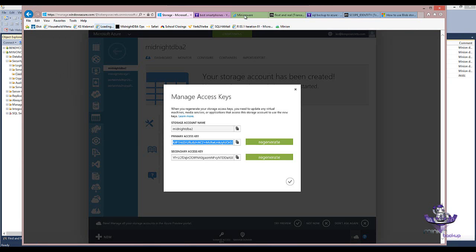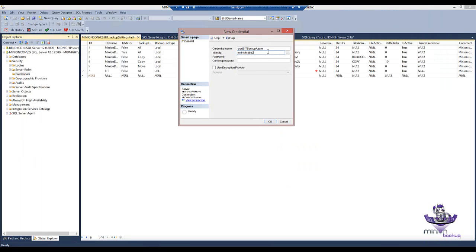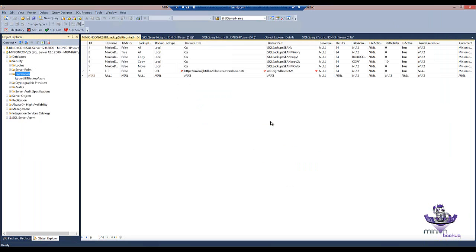Either one should work. Now I'm going to minimize that. I'm going to paste that in there, and then I'll paste it in there to confirm, and then I'll hit go. So now I've got this credential called cred bit backup Azure. Let me try that again. Cred bit backup Azure. Now that is the name of the credential that needs to go into the Azure credential